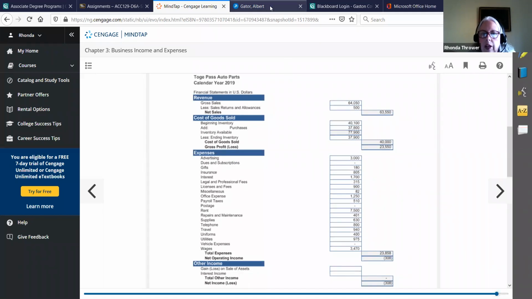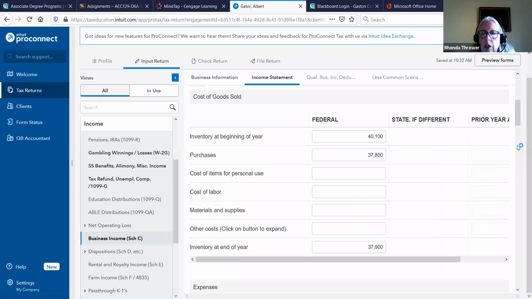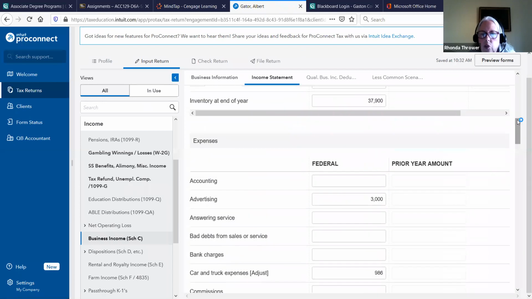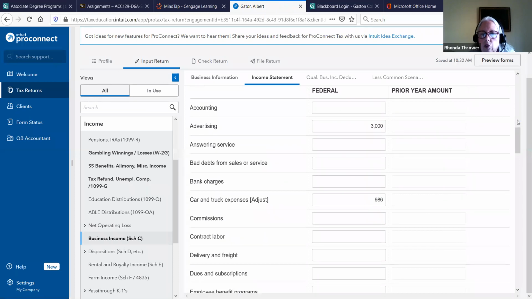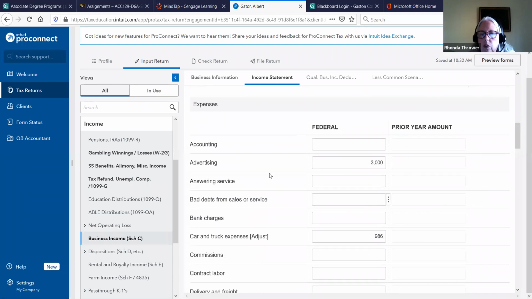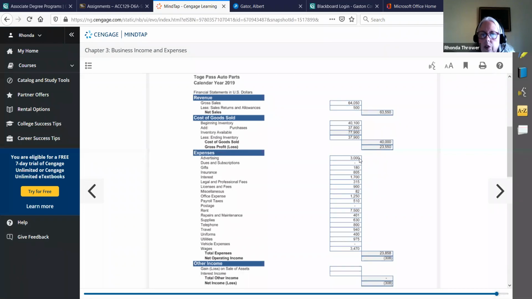So the next section of the Schedule C will be for your expenses. And so all you're doing is you're recording your expenses for this company. The first one that they have listed is accounting, but we didn't have any accounting expenses. Advertising is the second one, and you're going to enter in $3,000 that came right off of the problem instructions. This $3,000 was advertising. There were no dues and subscriptions this year to account for, but you do have to